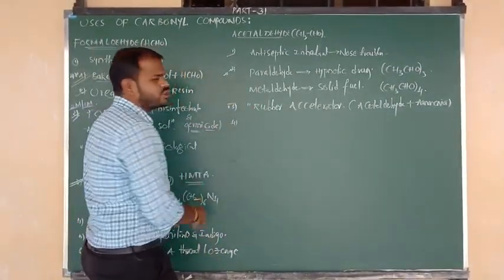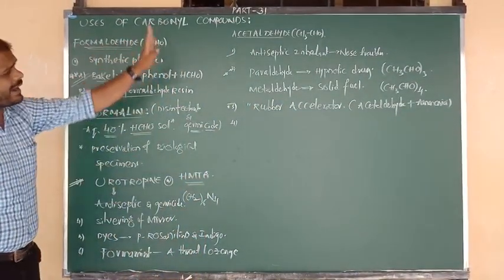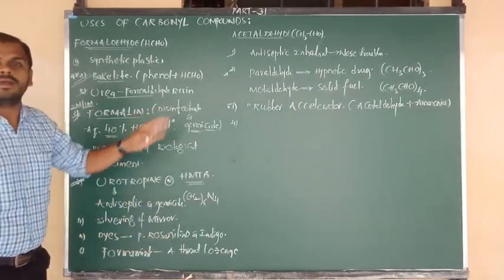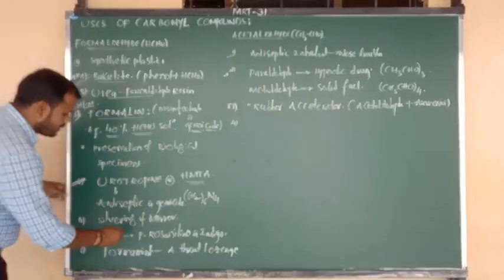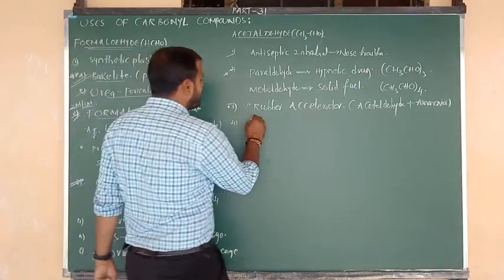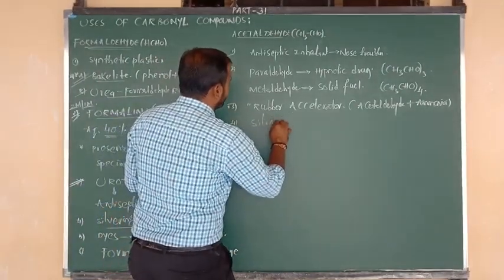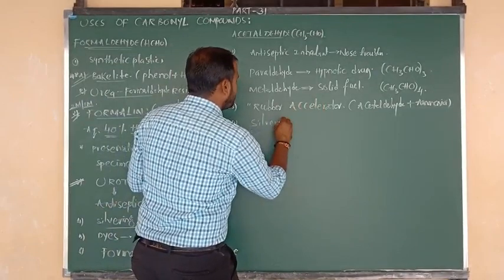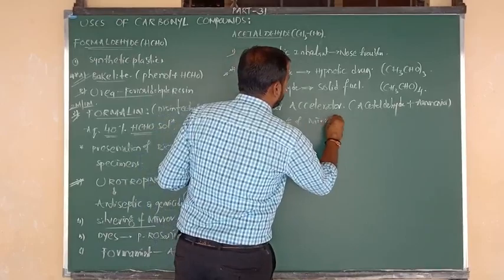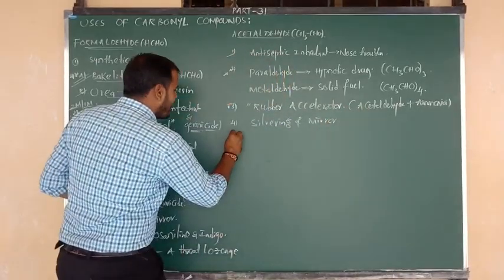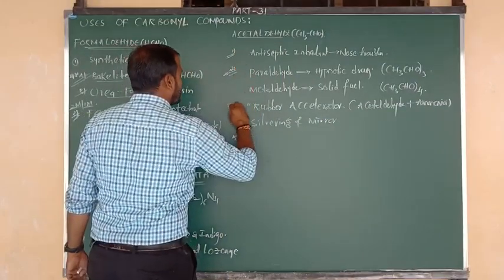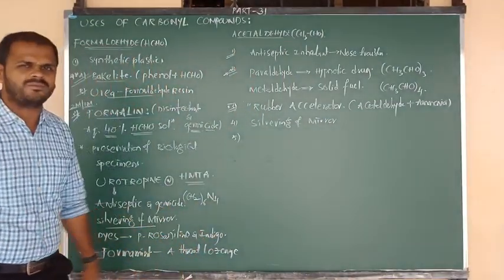Yeah, next point I am going to tell you. Formaldehyde and acetaldehyde are both aliphatic carbonyl compounds. So definitely they are what, Nana? Positive for the Tollens test, which means they can be used in the silvering of mirrors. In this method, we can use this compound, Nana. Okay, all of you, the next point I am going to tell you. Here also the first three are very important and very special. The last two are common for all, Nana.